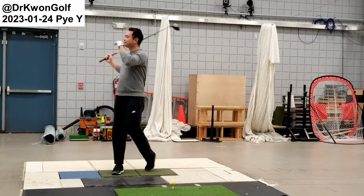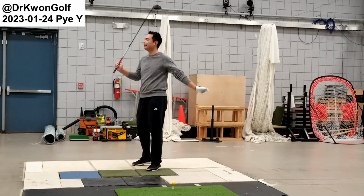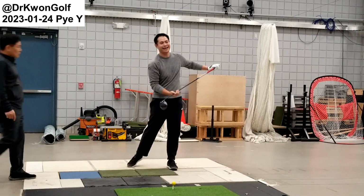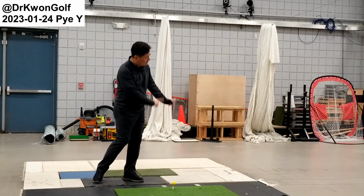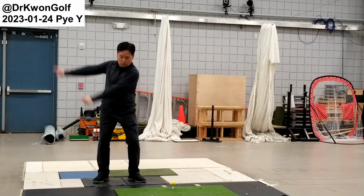The body is turning too early. The party is turning too early in the downswing. Yeah, because I'm not using my leg. So you go here, and the body is turning here, and then I'm here. Instead, remember,